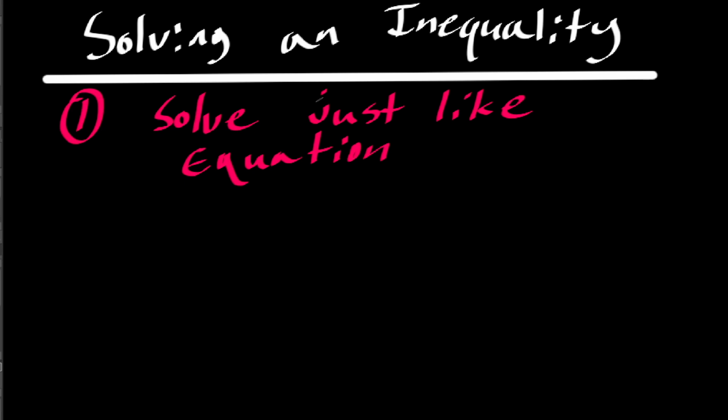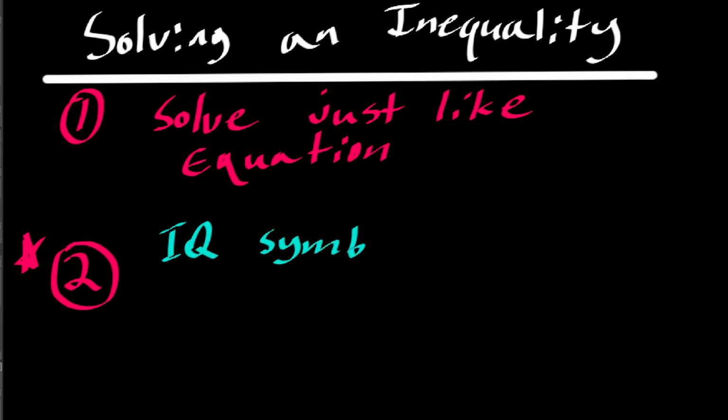We basically want to get the variable on one side by itself. But here's what you have to watch out for, and this is the really big difference between solving an equation and solving an inequality. When you solve an inequality, make sure to write this down, or at least put it in your memory bank: the inequality symbol must flip